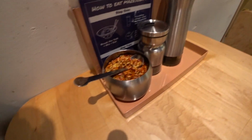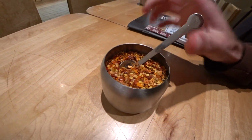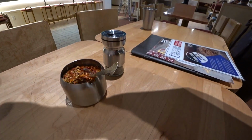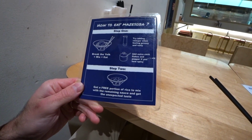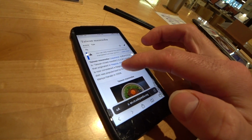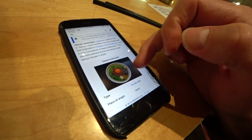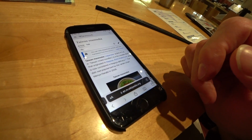All right, let's explore what these little side condiments are. It's like some sort of incredibly hot chili. This looks like black pepper and vinegar. I think I'll be using some of that. Look what I found. A trusty how to eat Mazesoba guide, so we can follow that. I'm trying to do my research. So Taiwan Mazesoba, which actually originated from Nagoya Prefecture in Japan. I think this is the genesis of this dish. Japan, I don't know why it's called Taiwan. Hopefully,